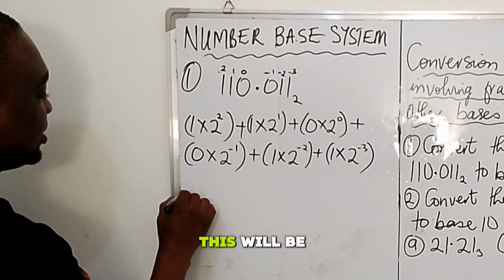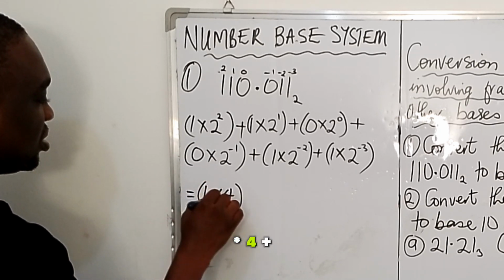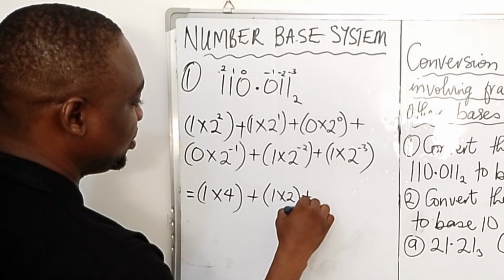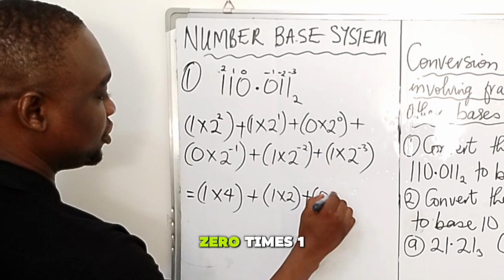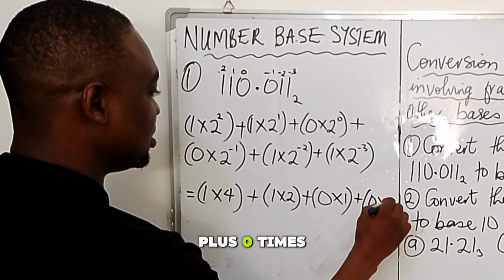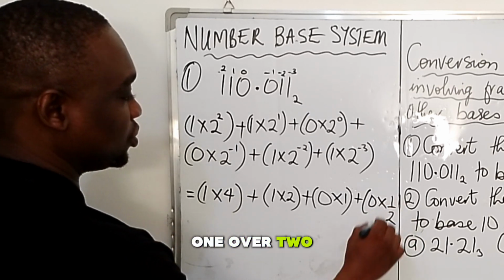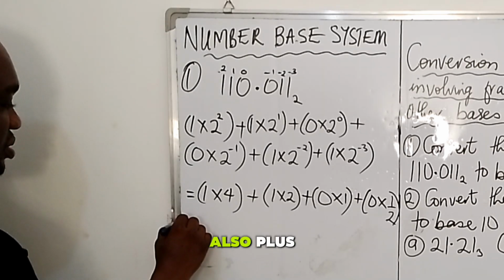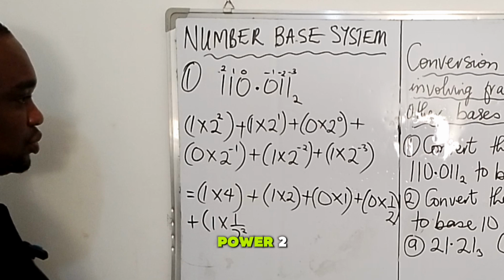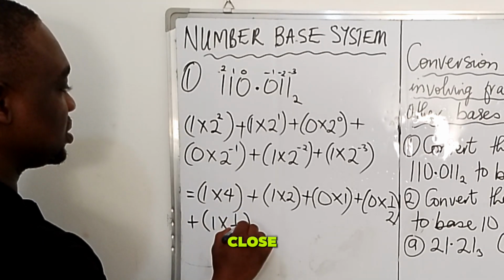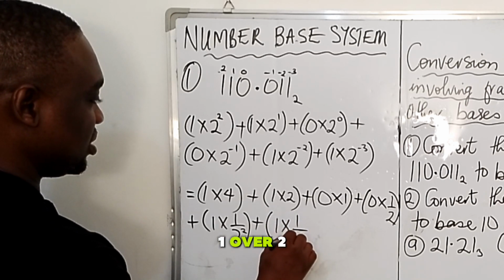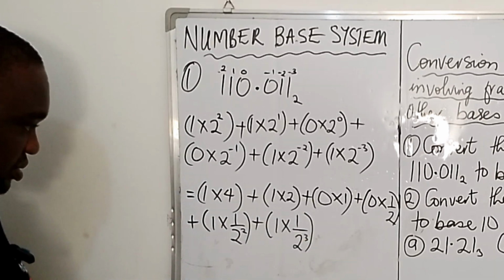Okay, this will be equal to 1 times 4 plus 1 times 2 plus 0, because 0 times 1, of course we know where that takes us, plus 0 times 1 over 2, we know where this takes us also, plus 1 times 1 over 2 to power 2, plus 1 times 1 over 2 to power 3. Still going on,